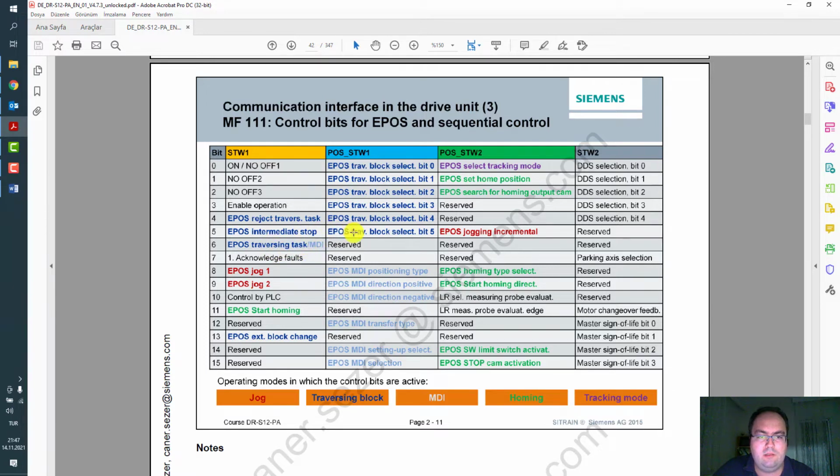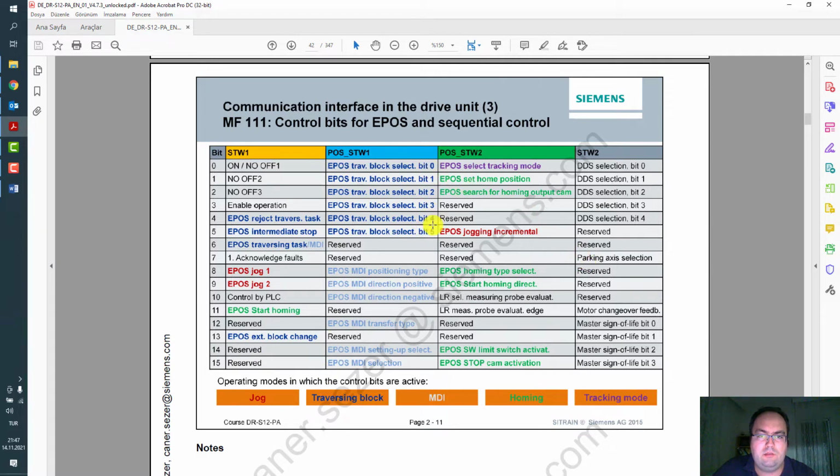traversing or MDI set point, the 6th bit of our control word 1, acknowledge faults, jog mode, jog function bits, EPOS start homing procedure, external block change, and so on.